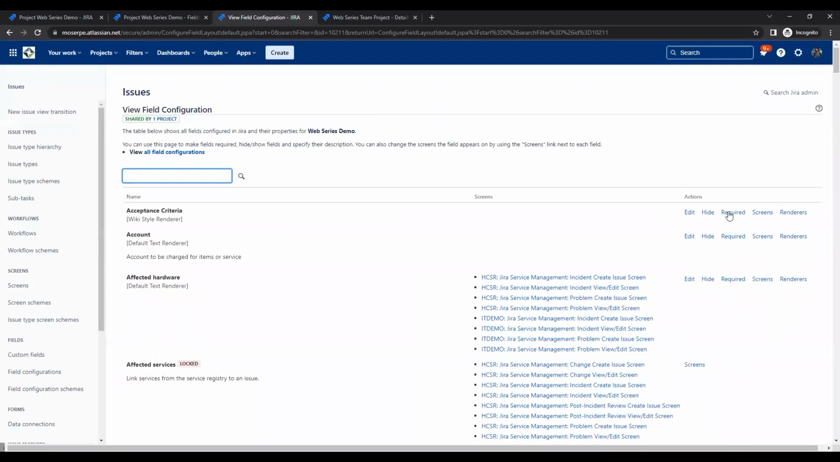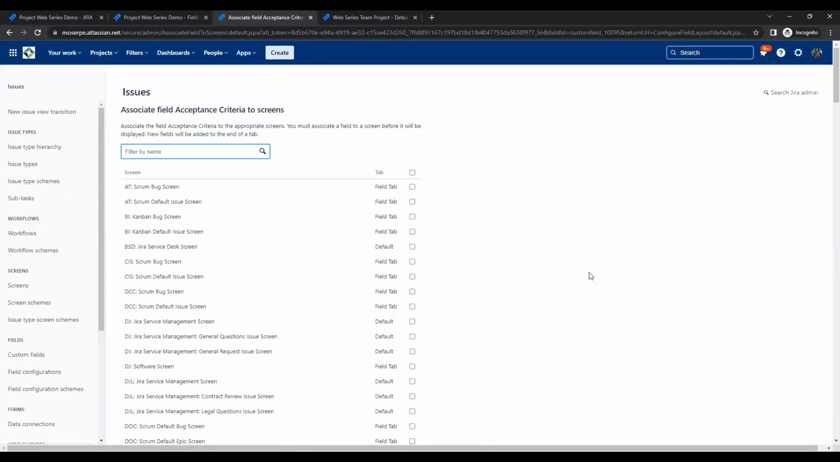Once again, you can select optional and it's no longer required. If a field is required, you cannot move forward without that field having information. And that's really important when you're creating a ticket. If a field is required, a user will not be able to create that ticket until that required field has that information. We'll click on screens, and this is going to show us all the screens that it's associated with,